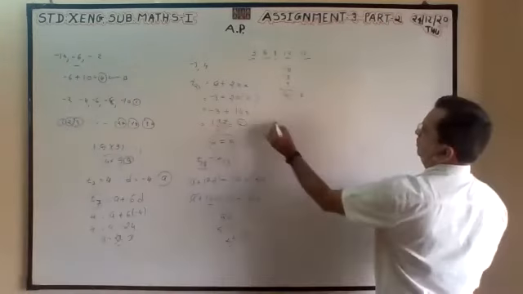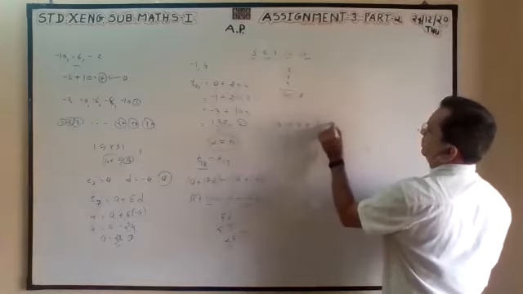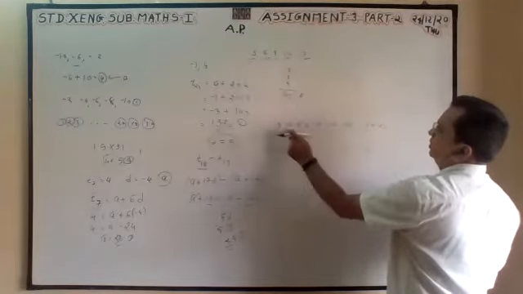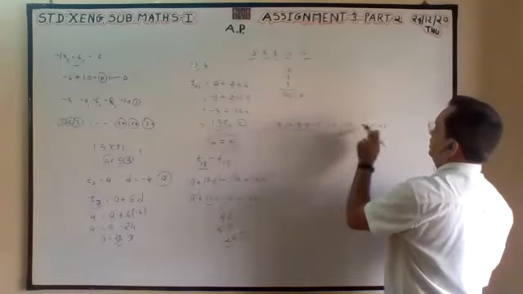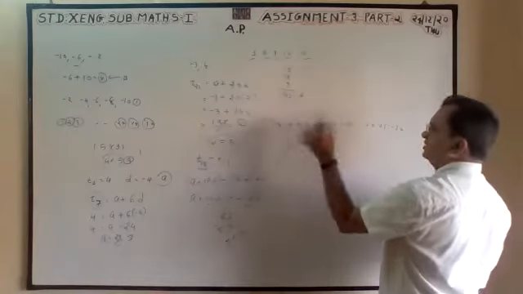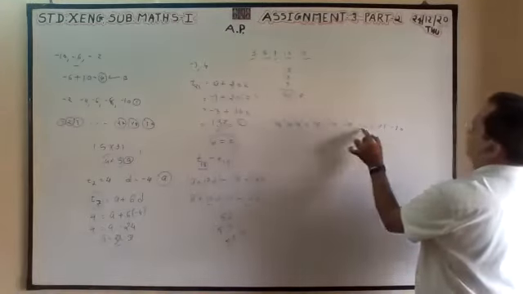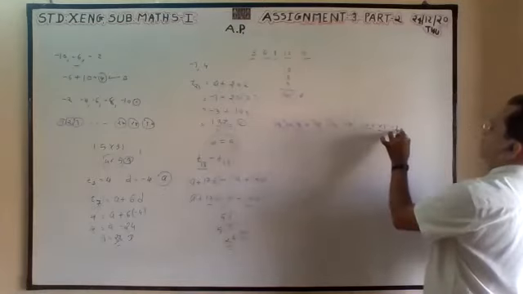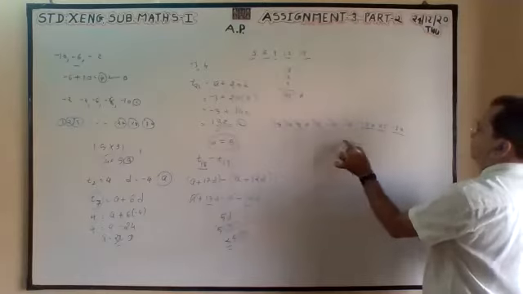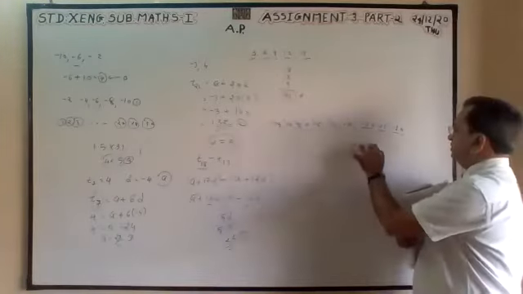Sum of the first 10 terms of 15, 10, 5, 0, minus 5, minus 10, minus 15, minus 20, minus 25. 1, 2, 3, 4, 5, 6, 7, 8, 9, 10. So 15 minus 15 is 0, 10 minus 10 is 0, 5 minus 5 is 0. We want this, this and this: 30, 45, 60, 70, 75. Minus 75. Direct. A is the answer.